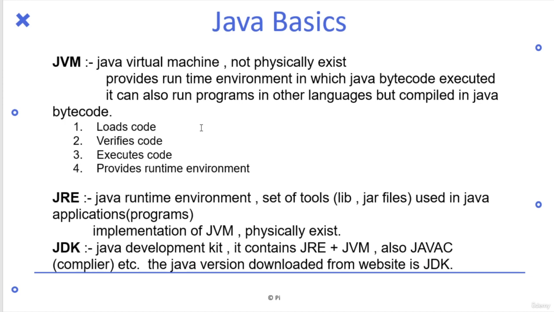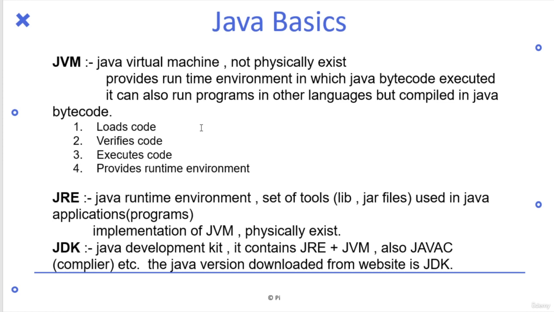You downloaded the JDK from the internet, from the Oracle website. You are downloading a JDK, not the JRE or JVM. You downloaded the JDK, which is basically the whole Java package, and you installed it. I am using the 16th version of JDK here, but you can use any JDK. No special JDK is required for this project. So this is the basic JVM, JRE, JDK Java structure.